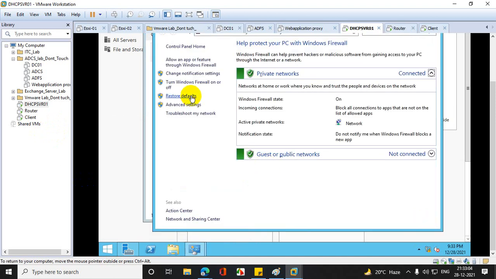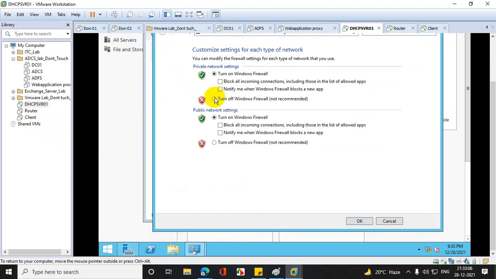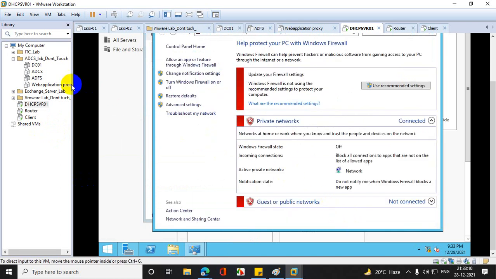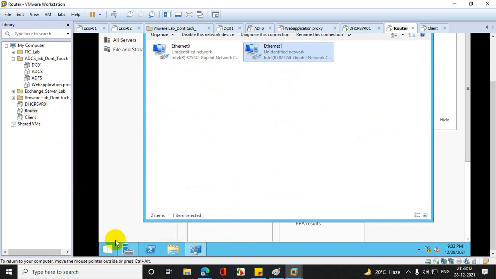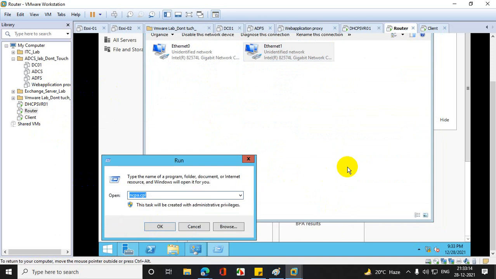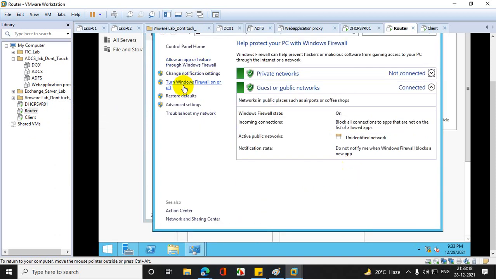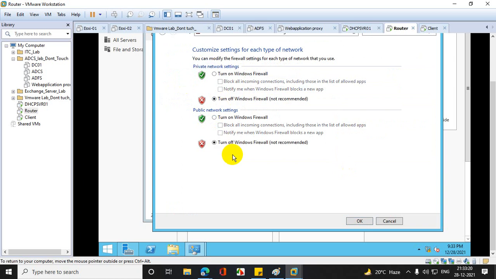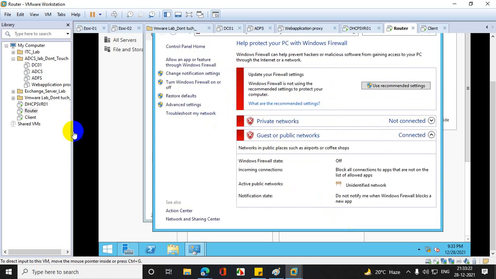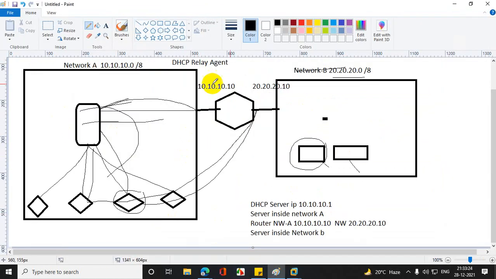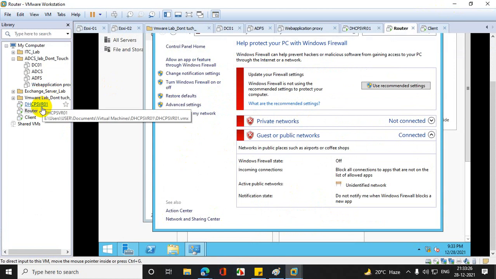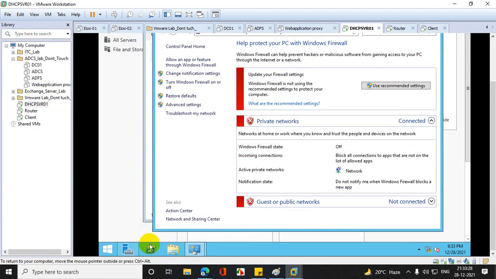Guys, if you have any doubt, please ask. You can ask questions, no problem. Okay. I'm just preparing the infrastructure as per my architecture. That's it. Now let's see.